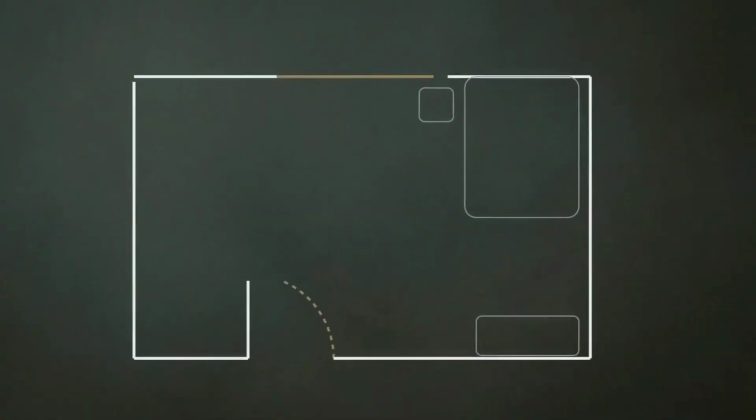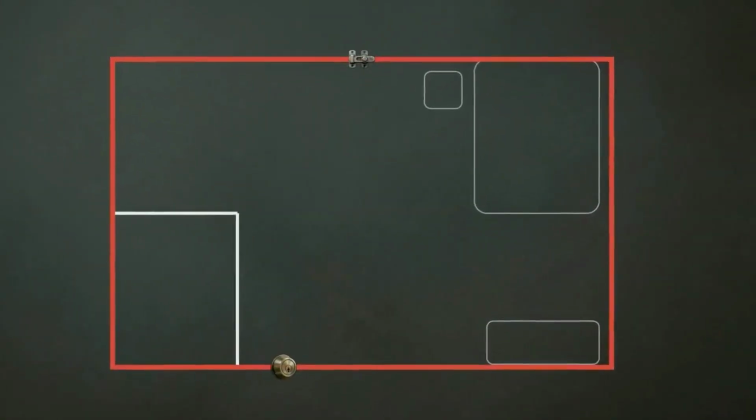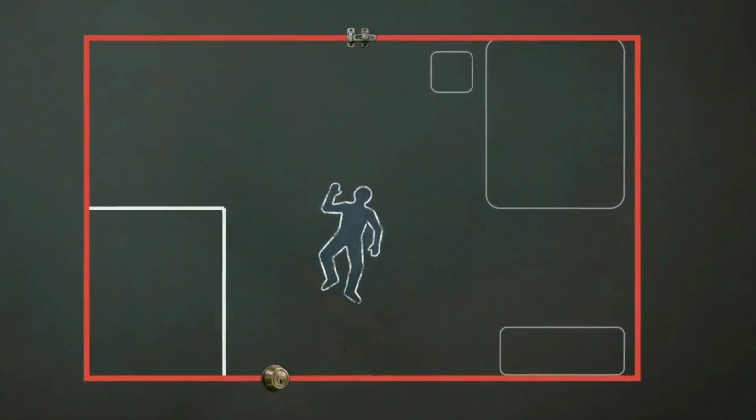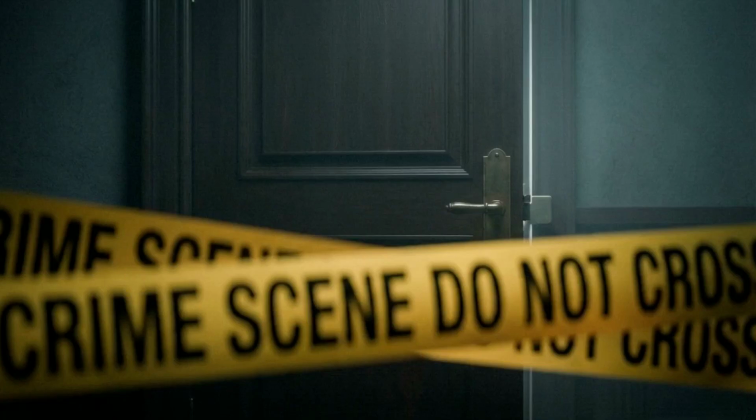A locked room is specifically designed to keep threats out. But when a body is discovered in a space no one could enter, the standard rules of security and access fail to explain the outcome. It turns a safe environment into a logistical impossibility.